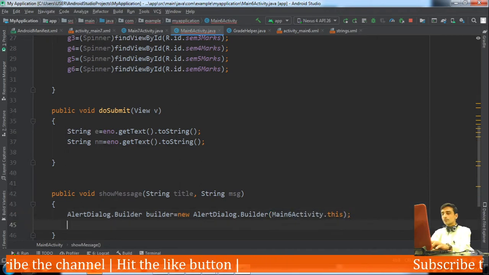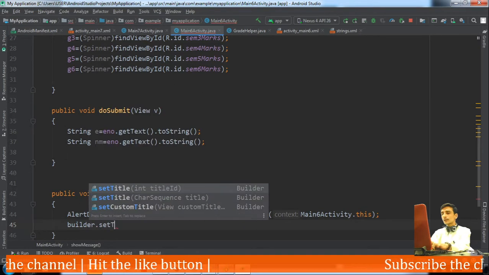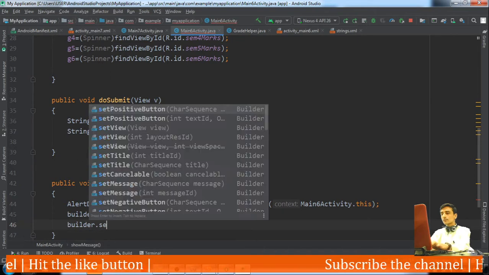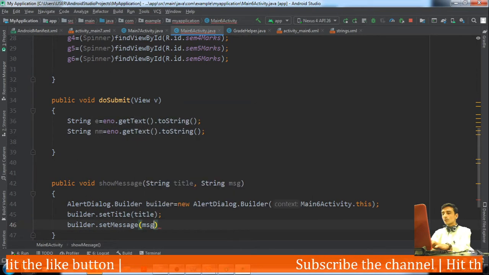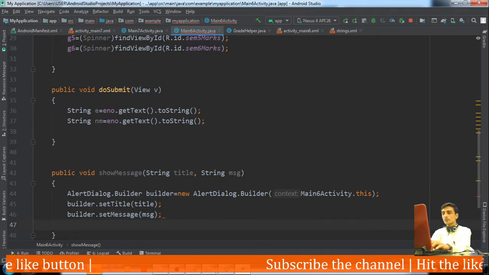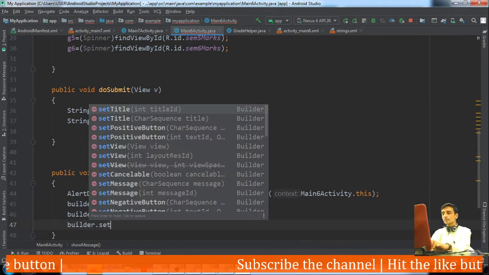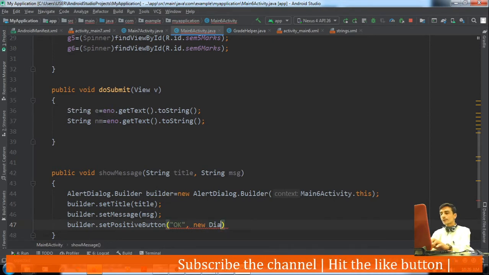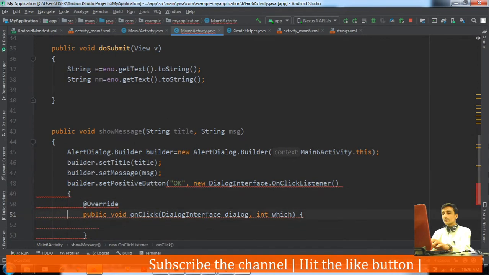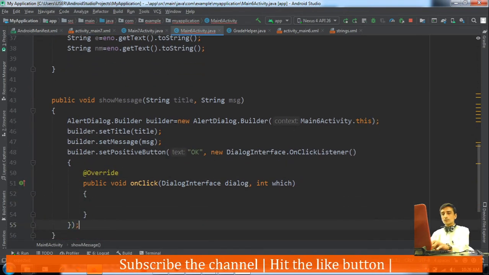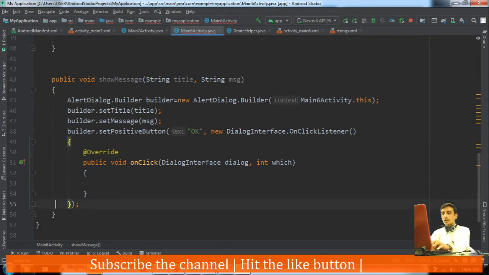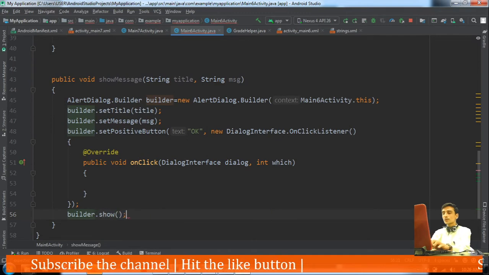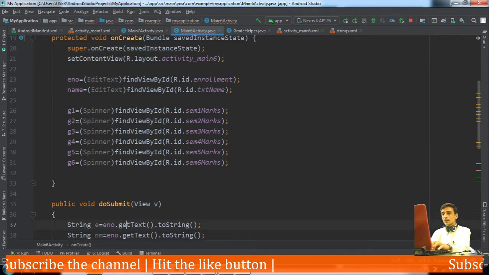Then builder.setTitle with the title passed as argument, builder.setMessage with the message already passed as argument, then builder.setPositiveButton and a new DialogInterface.OnClickListener, so that whenever that button is clicked the dialog box should disappear, and finally showing that dialog box by calling show. Okay, now let's move again to the doSubmit method.